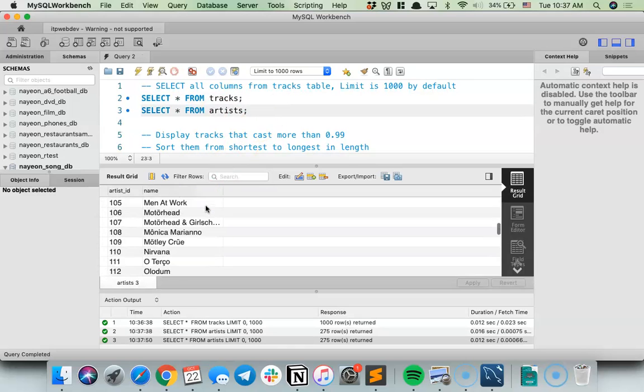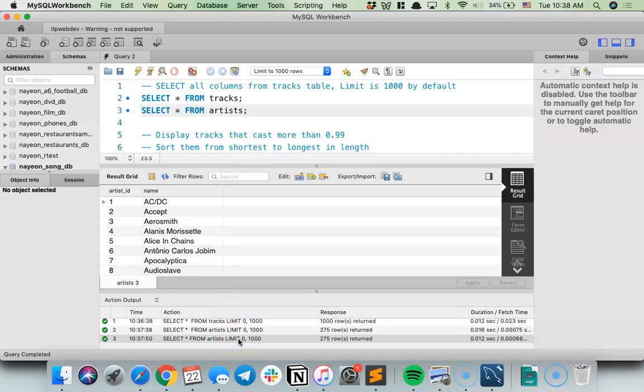Yes? By default, we only select the first 1,000 rows. But in the execution plan, it says 3,000-something rows. So does it only show the first 1,000 rows in our result, or does it actually select all the rows?